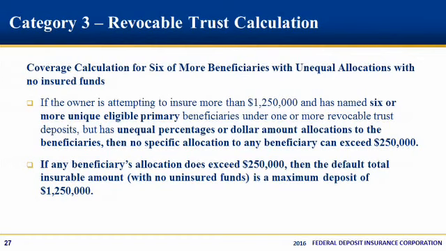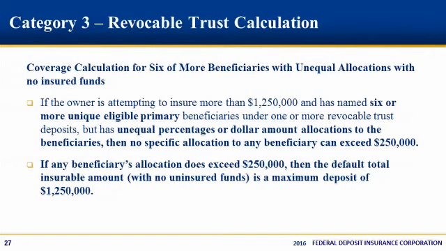If we assume the owner is attempting to insure more than $1,250,000 and has named 6 or more unique eligible beneficiaries under one or more revocable trust deposits, but has unequal percentages or dollar amount allocations to the beneficiaries, then no specific allocation to any beneficiary can exceed $250,000. If any beneficiary's allocation does exceed $250,000, then the default total insurable amount with no uninsured funds is a maximum deposit of